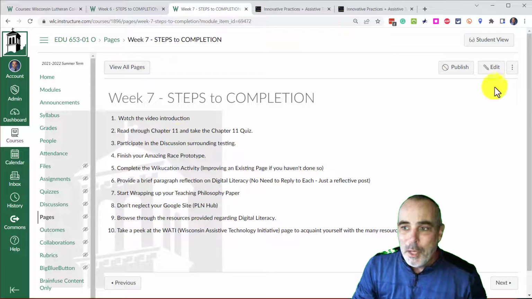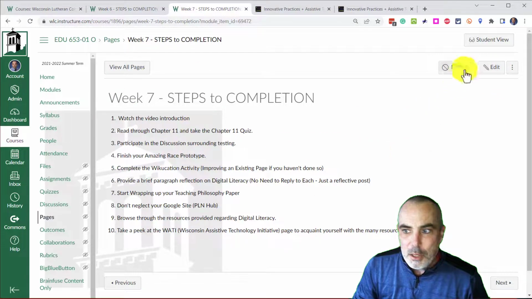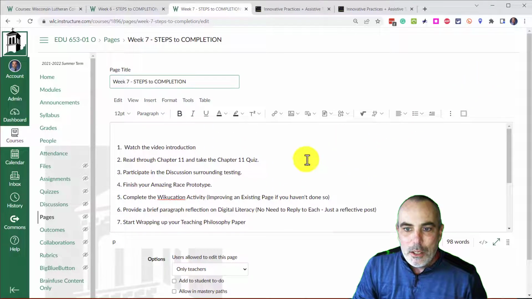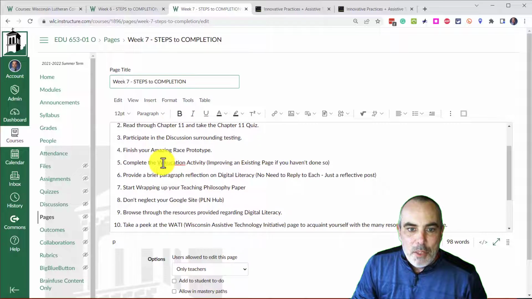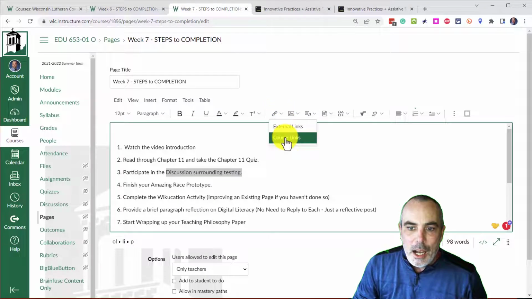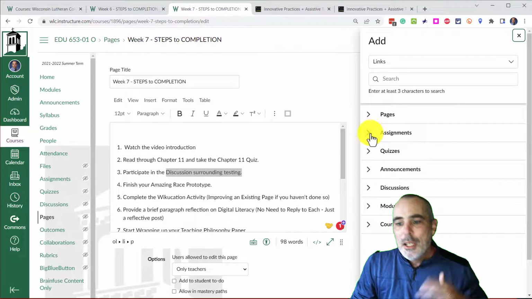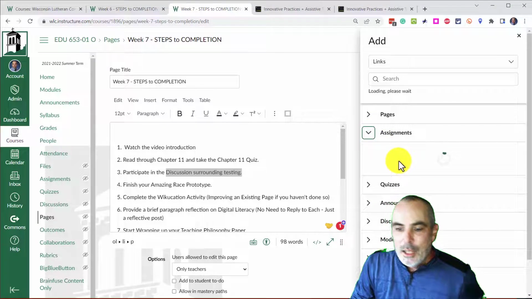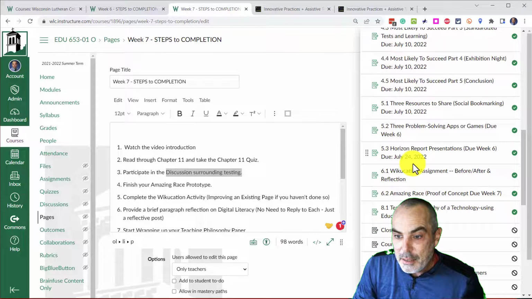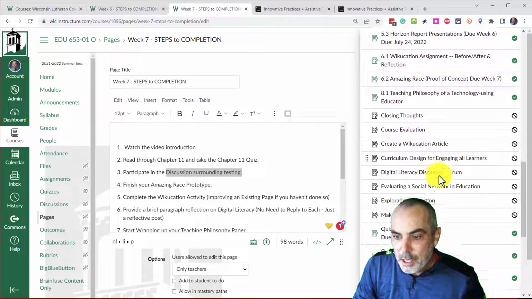So what I recommend doing is writing your steps to completion, but then I'm going to show you 2 really handy features, well, 3 technically, that are in your what you see is what you get editor. Wherever I have something like participate in the discussion surrounding testing, I use this link drop-down menu and I can go to course links. This allows me to go directly to an assignment. I haven't renamed this. This is kind of my next week, but I can go and find that assignment, whatever it's called, and I'm going to guess it's a discussion